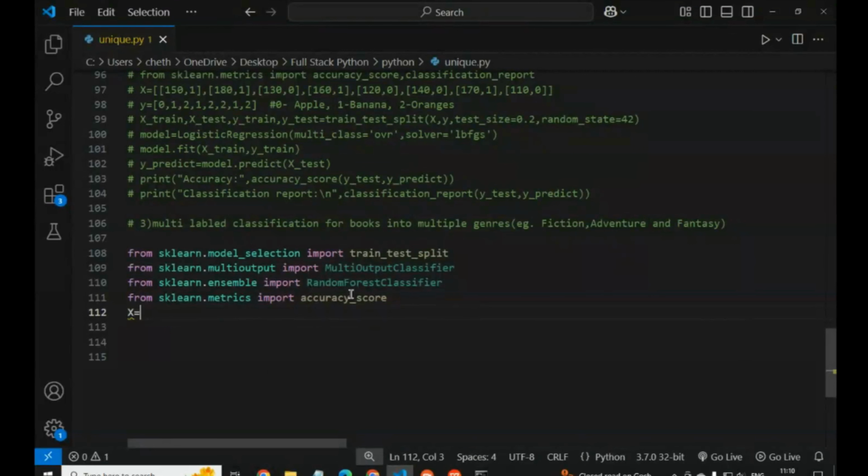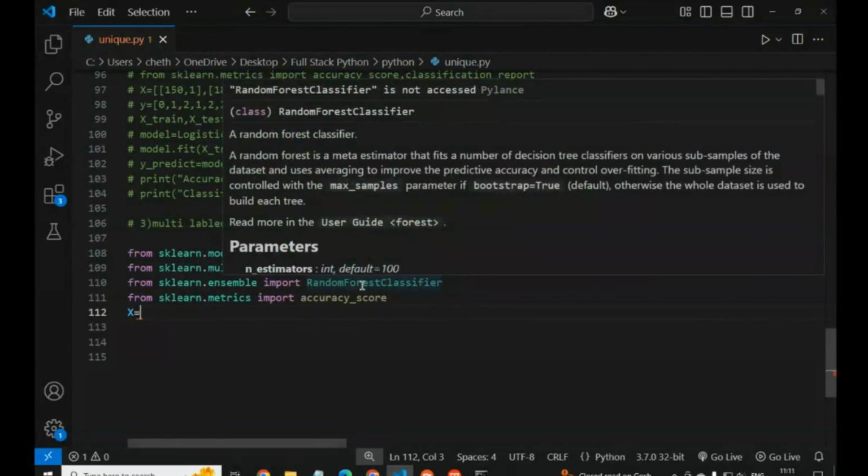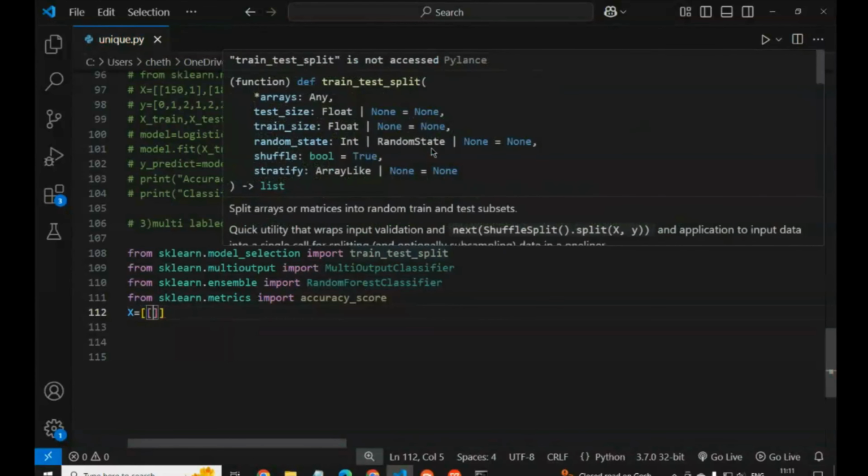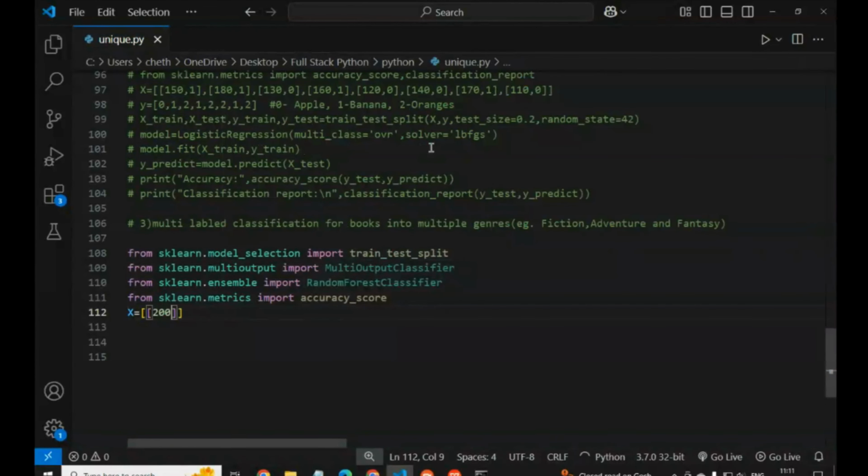Then we create a variable for the data, like page count, has illustrations, yes or no for that illustration, and age group. We give the age group also. So here we create the list for that. In one list there is another list.